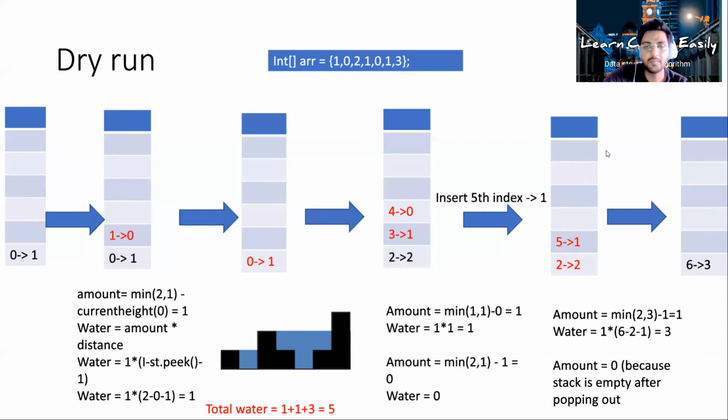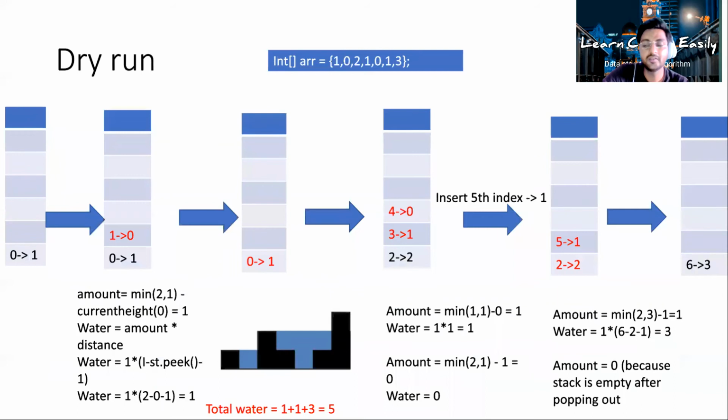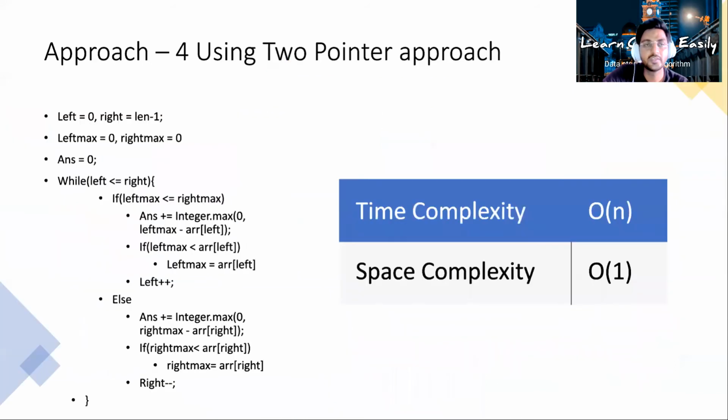Okay. So the time complexity of this algorithm is O(n), because we are just running one loop, and since we are using extra memory for the stack, the space complexity is O(n). All right. Now there is one more approach we can use for the same problem. The next approach is with the help of two pointers, we can solve the same question. If you are not aware of the two-pointer approach, please check out my videos.